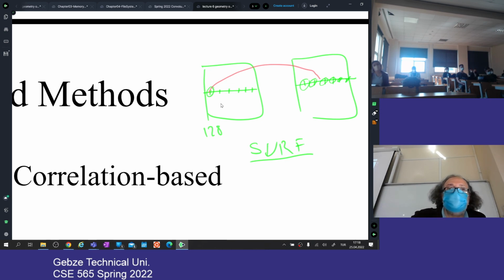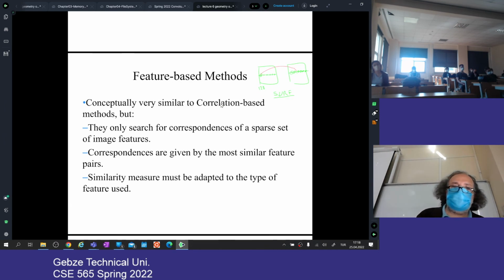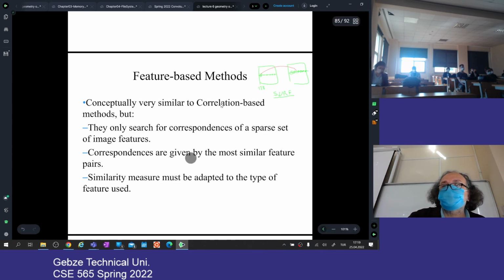So these are called feature-based methods. Similar to correlation-based methods, block-based methods I did before, but I only search for correspondences of a sparse set of features, not for all the pixels. That's why they will not have nice disparity images